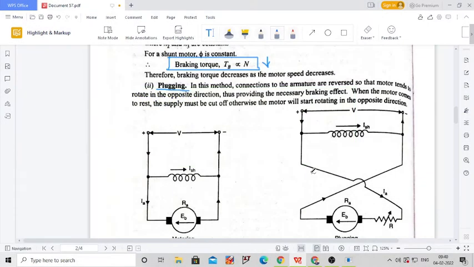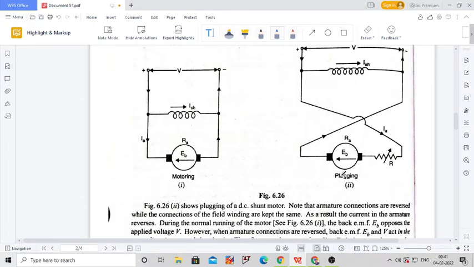Now if we reverse the connection of the armature, there will be a formation of the braking effect. When the motor comes to rest, at that time we have to disconnect the motor from the supply, otherwise the motor will run in the opposite direction. That means the motor will start rotating in the opposite direction, because there is a formation of a torque in the opposite direction to that of the torque during motoring mode. Okay, so now this is the DC shunt motor, and this is the DC shunt motor during braking mode. Now if we have to apply plugging for this DC shunt motor,